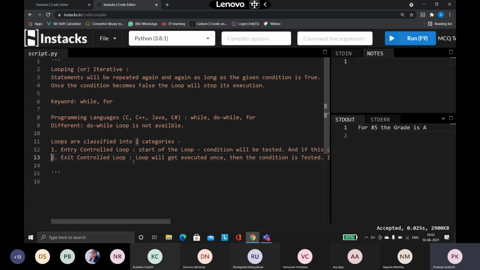In the same way, let us say you are going to watch a movie. What will you do? First you will buy the ticket. Then when you are going inside the theater, they will check whether the ticket is valid. What if you are going with yesterday's ticket? So they are going to check whether the ticket is correct. Is it for today? Is it for this particular show? Once this checking is done, only then they allow you to enter. So first the condition is checked, then only they allow you to do the work, which is nothing but an entry controlled loop.